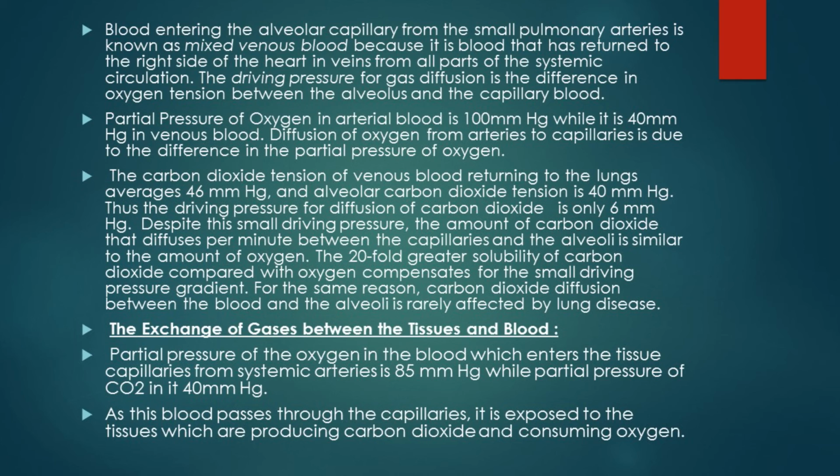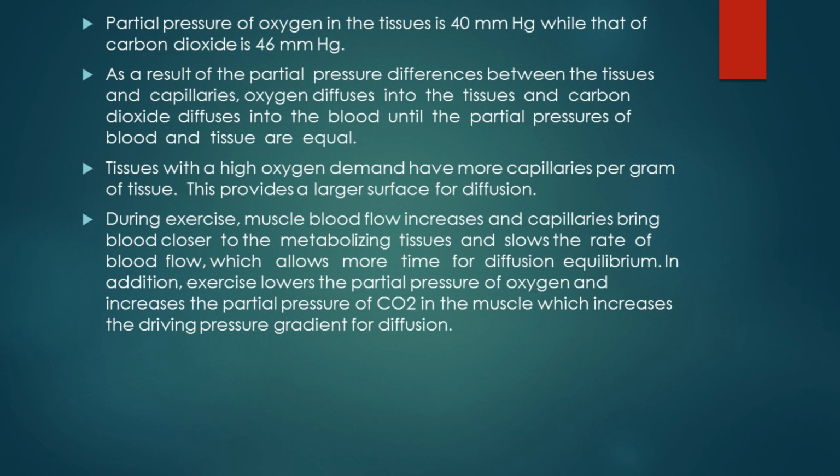So when this blood passes to the heart and then is pumped to the tissues, the partial pressure of oxygen in the blood which enters the tissue capillaries from the systemic arteries is 85 millimeters of mercury, while the pressure of carbon dioxide in it will be 40 millimeters of mercury. As this blood passes through the capillaries, it is exposed to the tissues which are producing carbon dioxide and consuming oxygen. Partial pressure of oxygen in tissues is 40 millimeters of mercury, while that of carbon dioxide is 46 millimeters of mercury. As a result of the partial pressure differences between the tissues and capillaries, the oxygen diffuses into the tissues